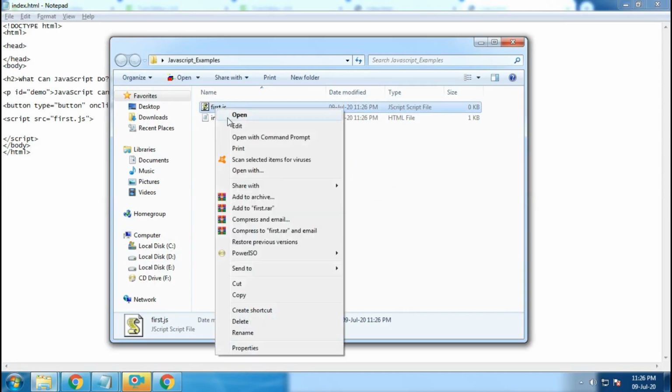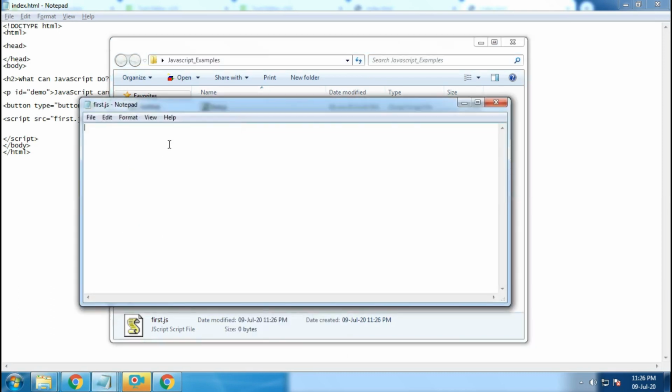Now we're going to open it with Notepad. And now again that function which we had created earlier, let's create the same thing here which we have written in this script tag. There is no issue. It is the same thing which we have written earlier.